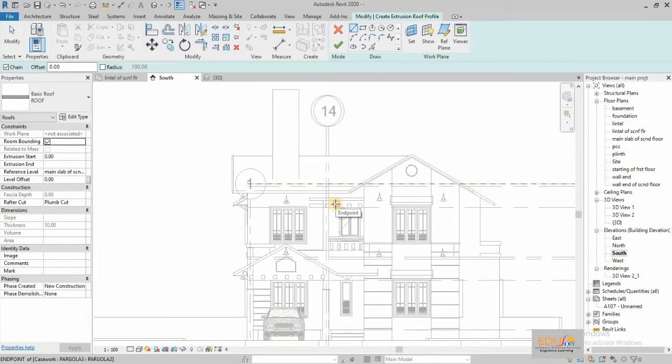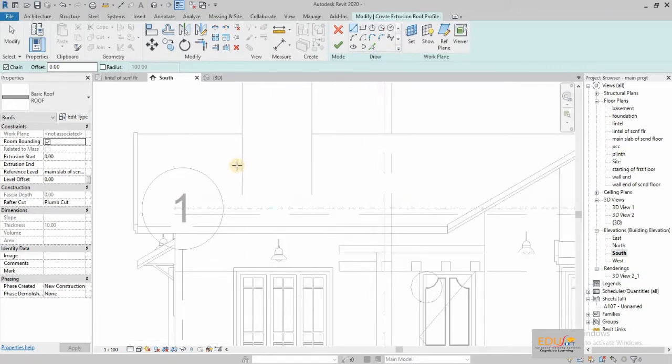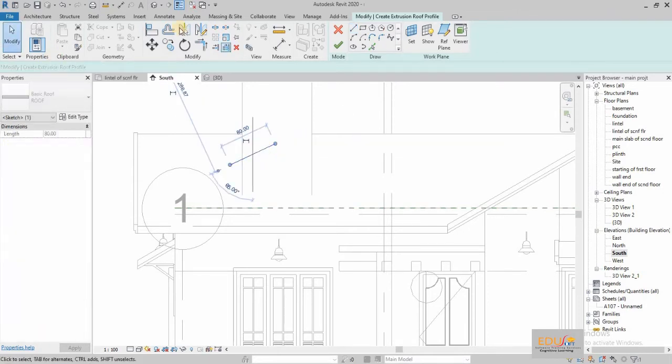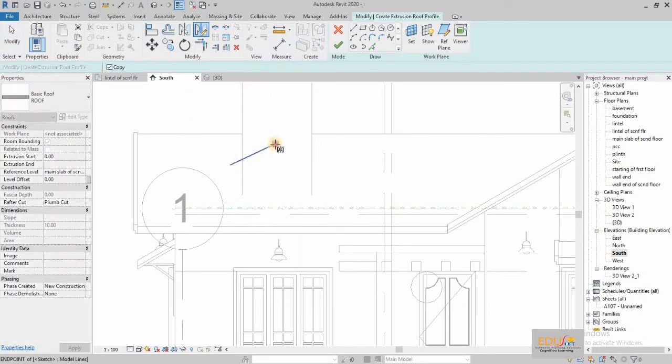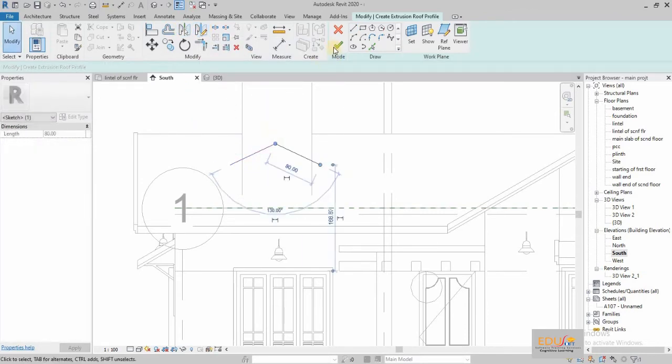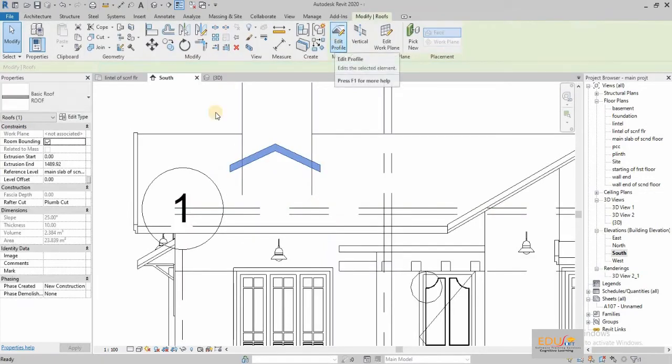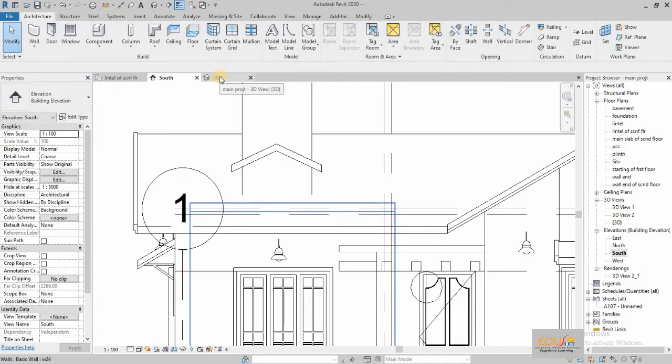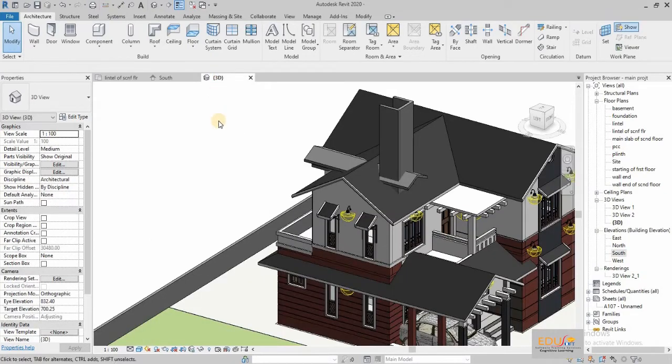Draw the roof sketch by the Draw toolbar. Click on the Finish button. Now you can see the dormer roof part that we have drawn.